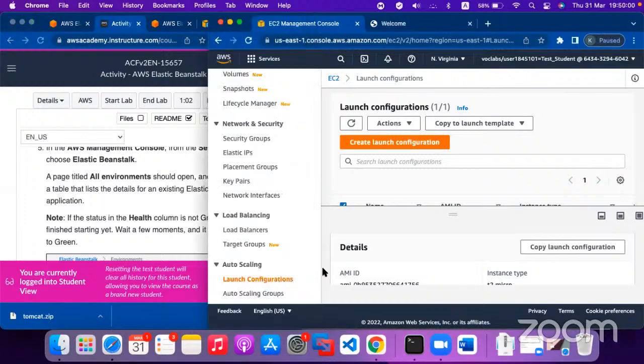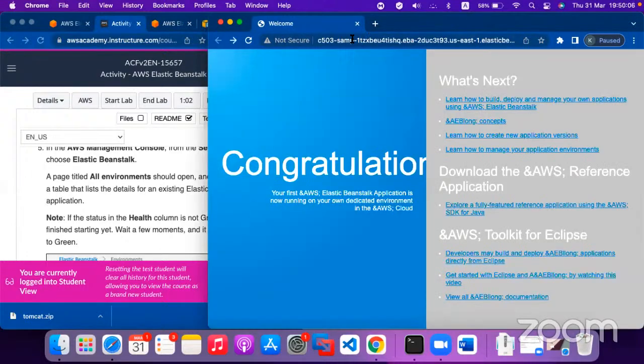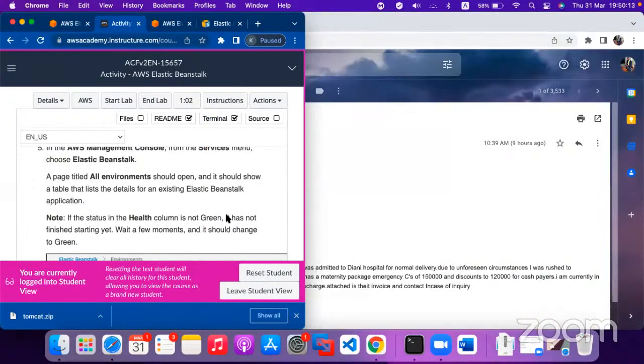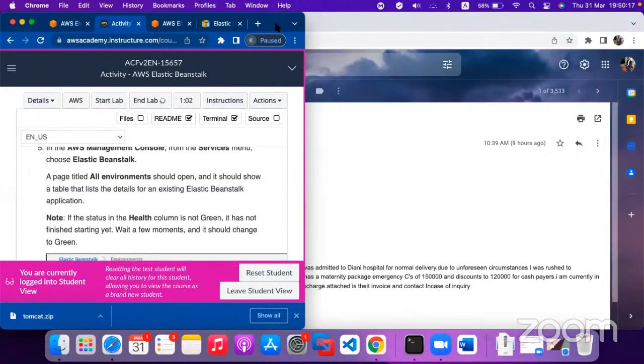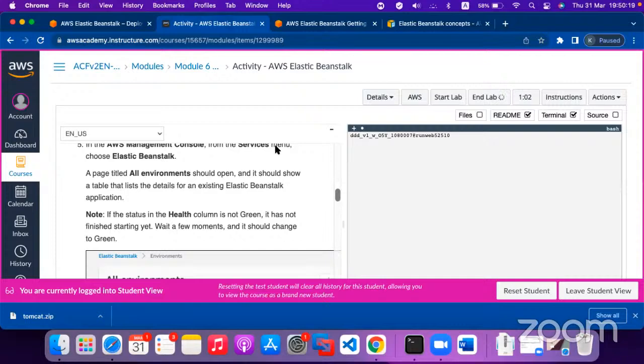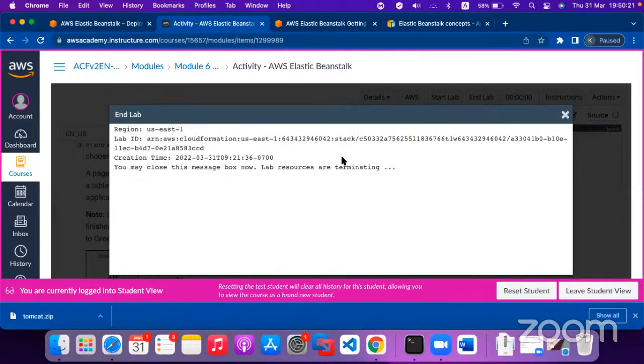But basically also as good practice, once you're done, you obviously close these. I think this application is still running, you can see. So once you finish, you basically end the lab. So something to note, within AWS, there's a lot that you can really do. There's also some other courses that I can